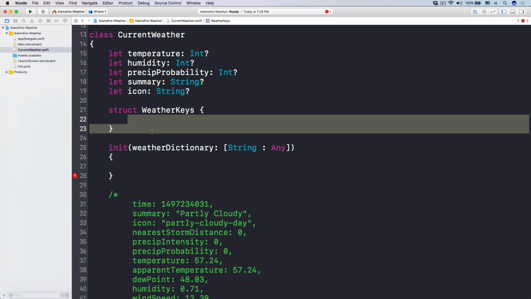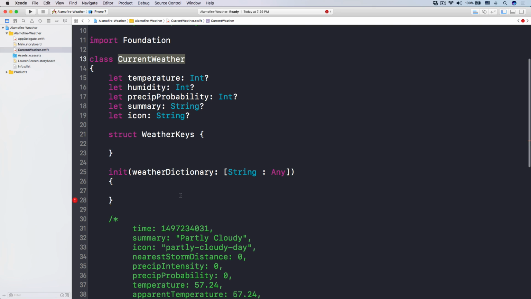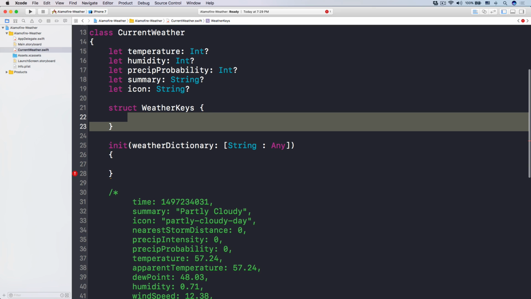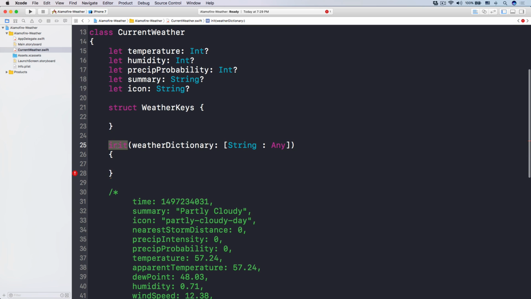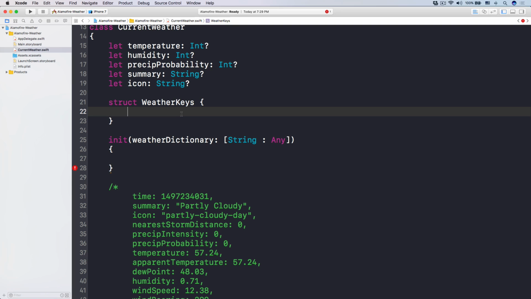in this struct. Because later on, if you want to use this current weather in a lot of places, you use these keys in a lot of places, not only this init method but other functions, other methods. Then if they change the key, you're going to have to change the key in a lot of places. That is not good programming practice. So that's why let's have some static